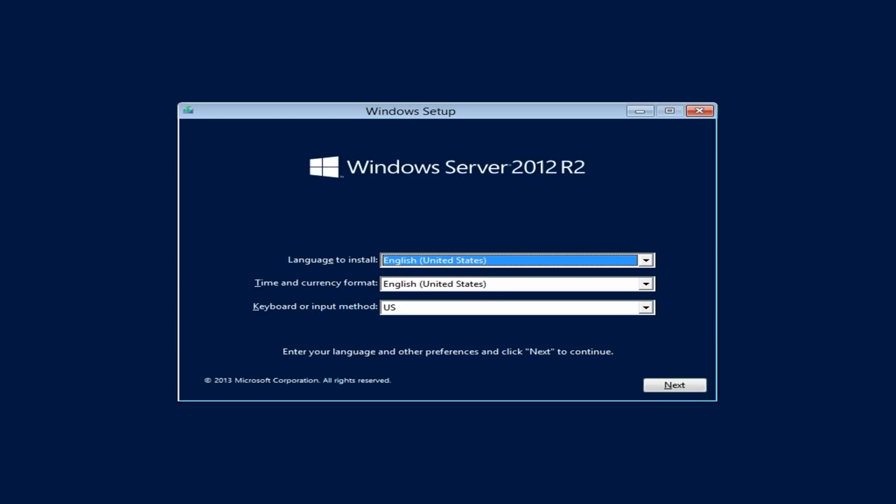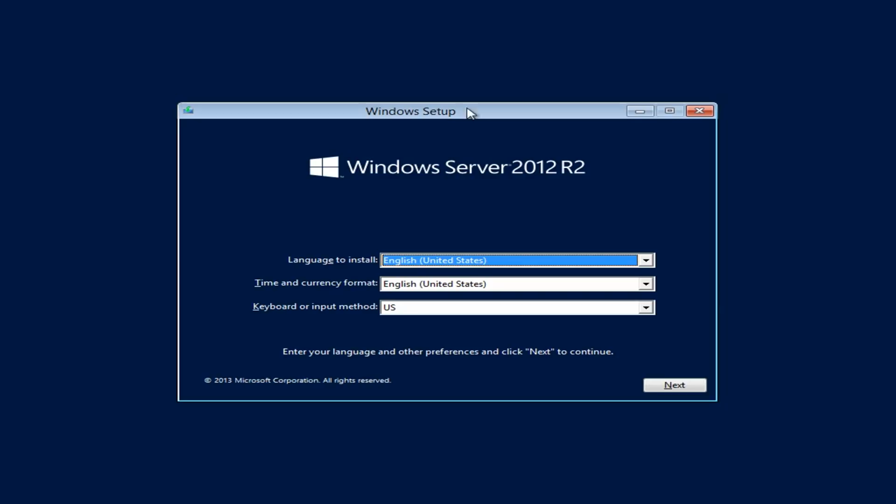So first I'm going to start with installing my Server 2012 R2. Note that you can start the installation from a bootable DVD disk that you have, and for example a bootable USB that you pre-configured before that. In this case I'm going to mount the ISO file directly into my virtual machine, and I'm going to install